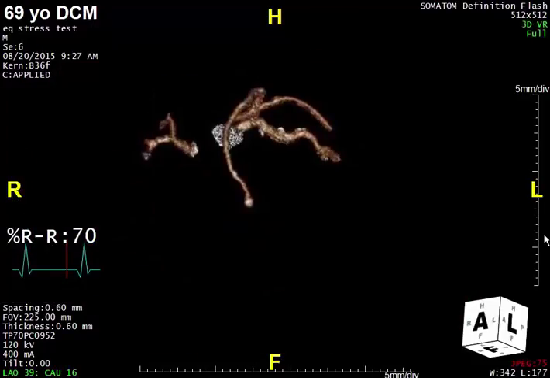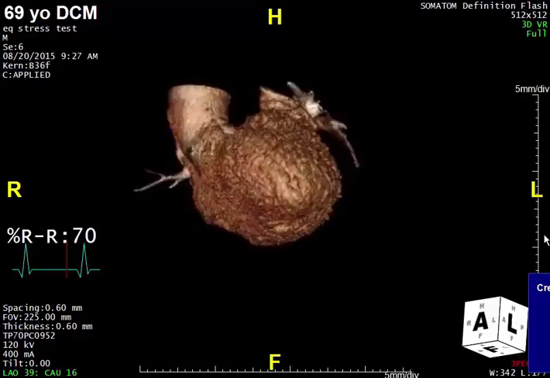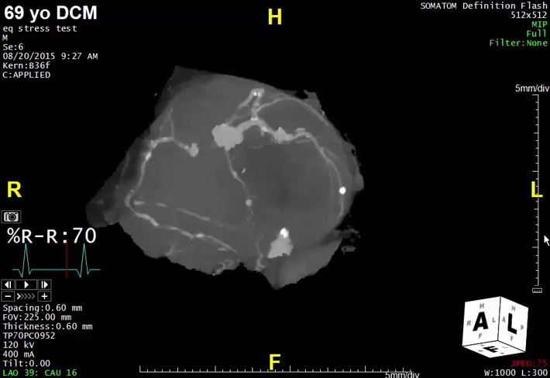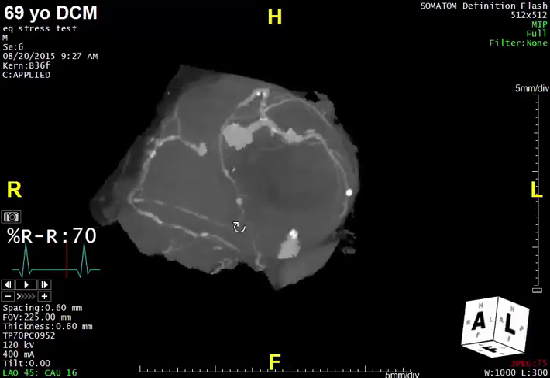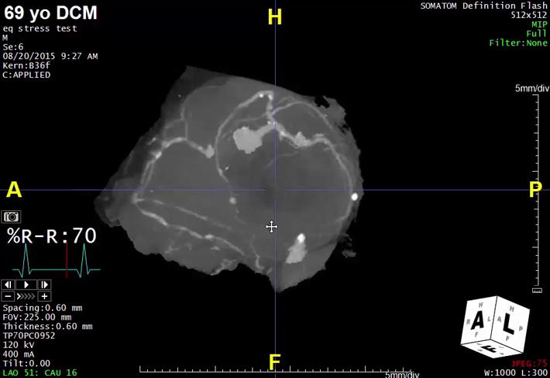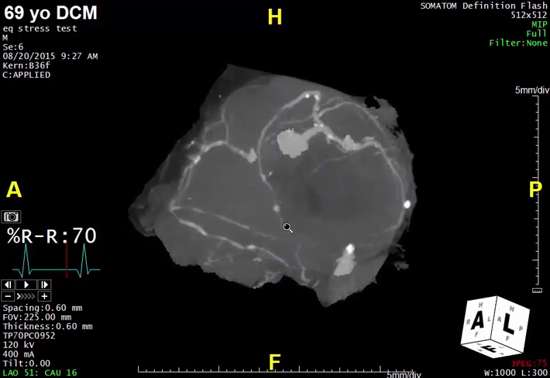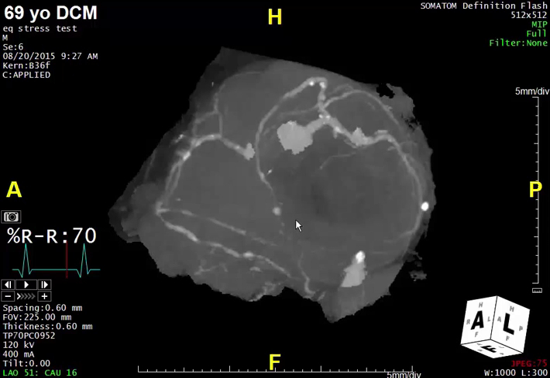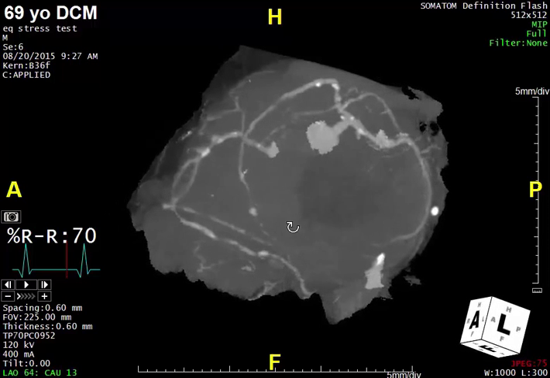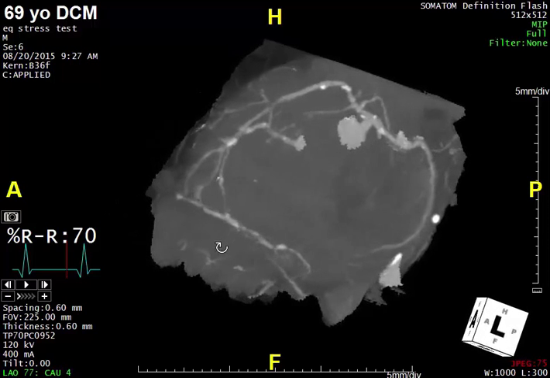Looking at the coronaries again, we're going to make a cine angiogram view of the left ventricular area, and then of the coronaries. You can again see that the coronaries are widely patent. In the LAD there clearly is a significant disease in that region, but if you look at this, this is